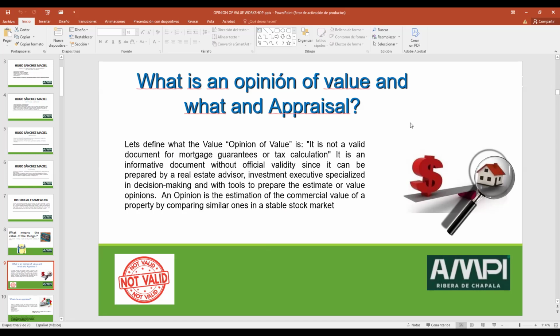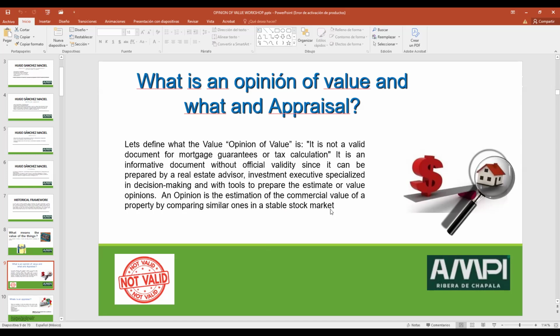I'm not sure if you understand that, but appraisers' work is valid for mortgages, guarantees, tax calculation, etc. An opinion of value is only for when people want to know how much money something is worth. That's the only difference. But the steps are the same.